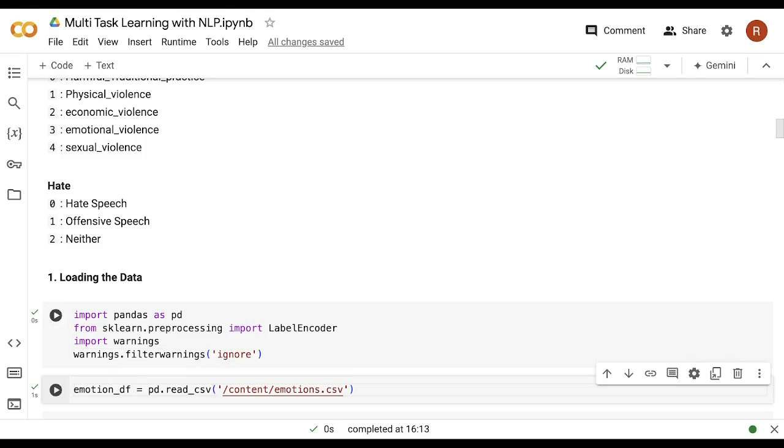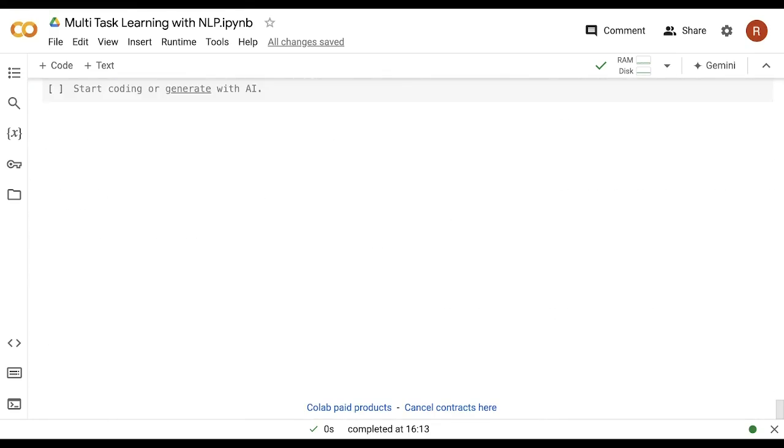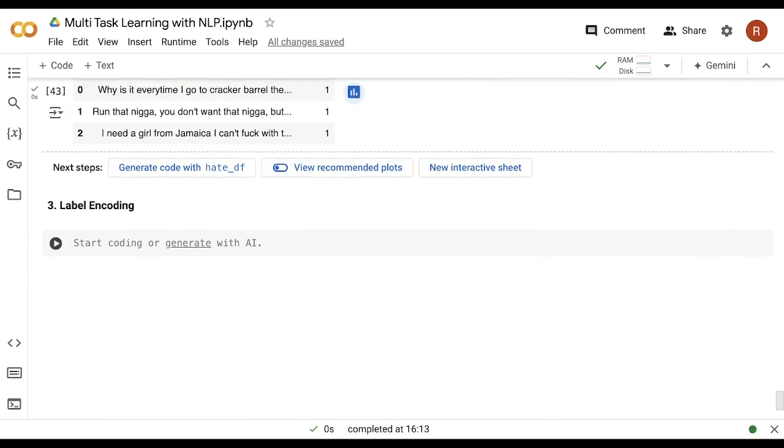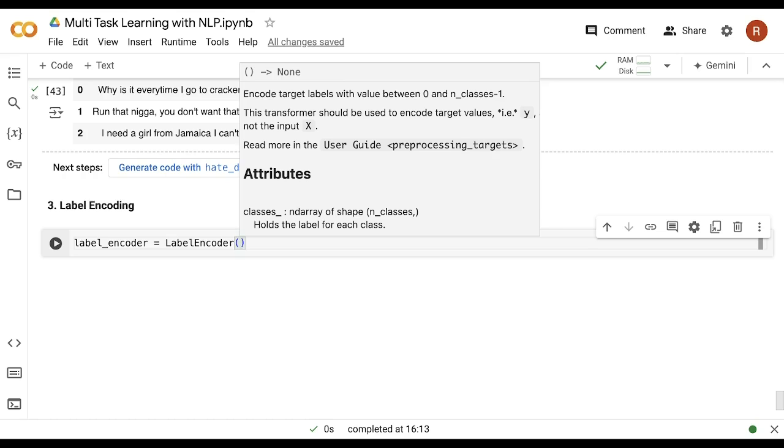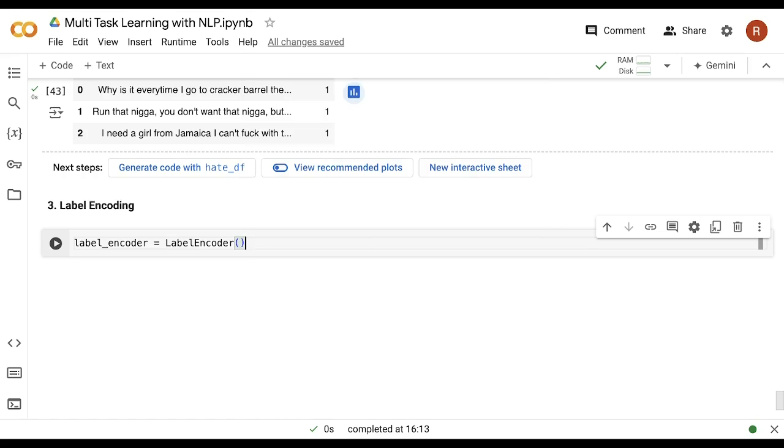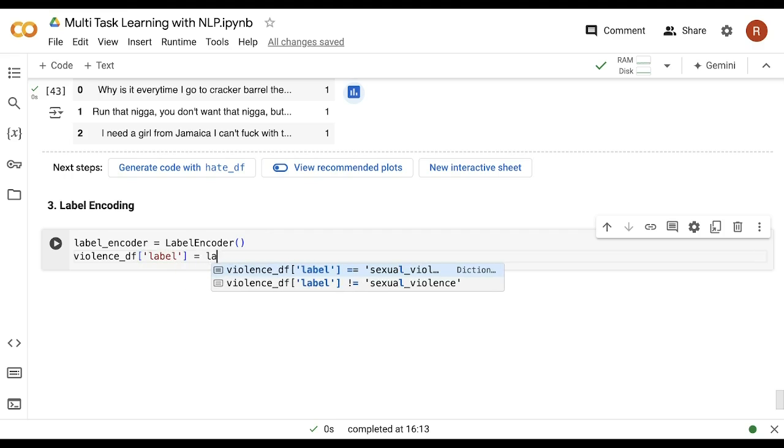Now coming back to the label encoding part, here we will create an object, or we can say an instance of that module. So let's name that instance as label encoder, and in this instance we will load the LabelEncoder actual module that we imported from scikit-learn. So let me just say here LabelEncoder, and we don't have to give any attributes inside this module, we just have to import it. And after importing it, we will directly use the fit_transform method to transform the values of violence data frame. So let me just say violence df, then its label, and here I will use the instance which is label encoder